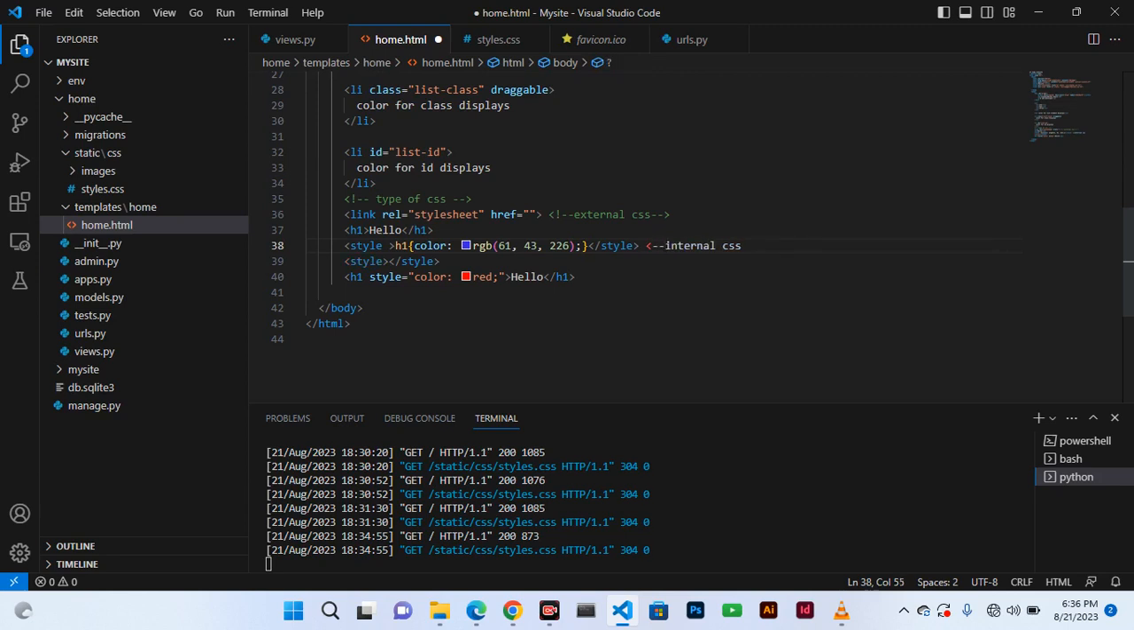how to do the comment. I have also commented that one, that is internal CSS, and that is external CSS. And we have the inline CSS. This one is inline CSS. Inline CSS. So I can also comment this one